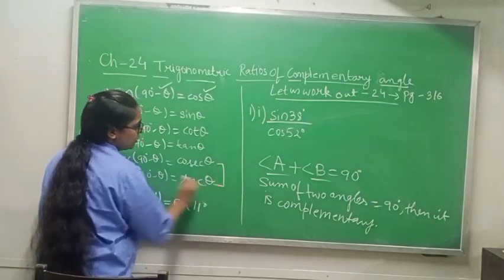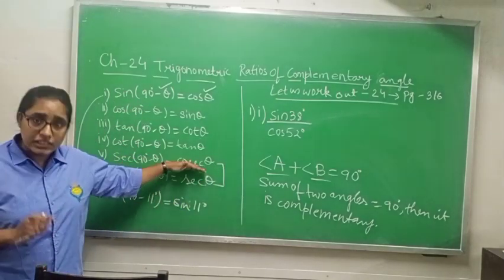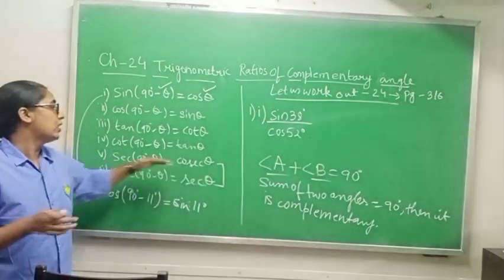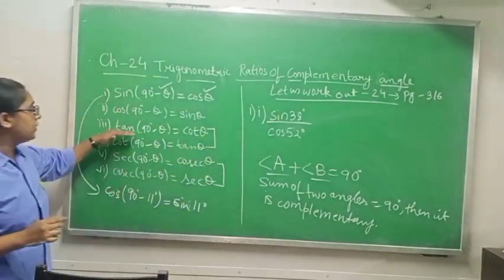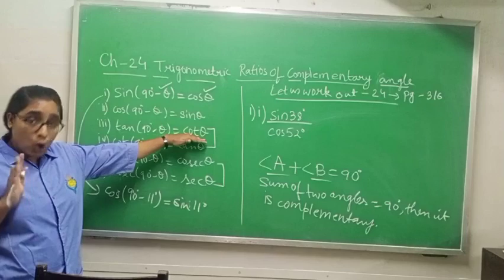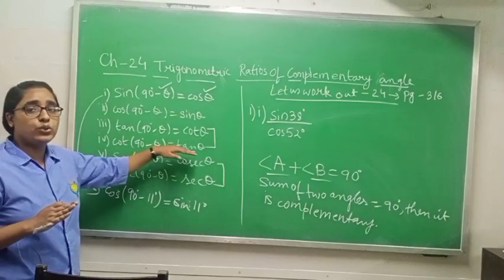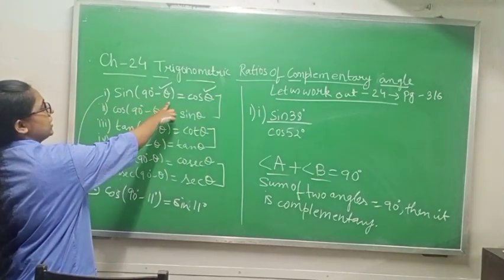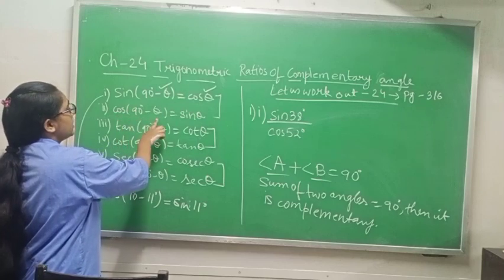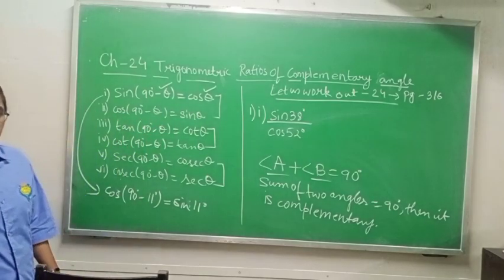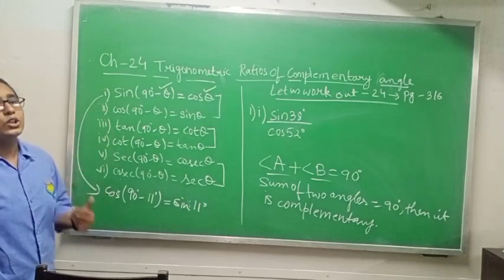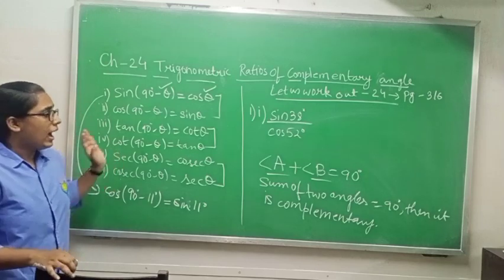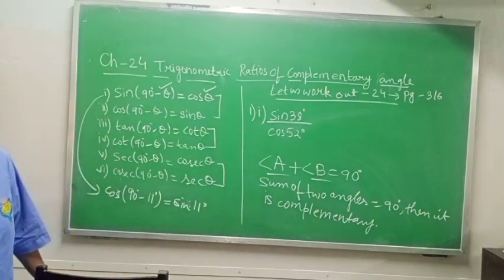So there is a relation between these pairs. If sec 90 degree minus theta gives cosec theta, then cosec 90 degree minus theta will give sec theta. Same for tan and cot: if tan 90 degree minus theta gives cot theta, cot 90 degree minus theta gives tan theta. Sin 90 degree minus theta gives cos theta and cos 90 degree minus theta gives sin theta. First you have to learn this, then you will be able to do the sums. So please class 10, take out a copy and start writing this. After that we will go to sums.